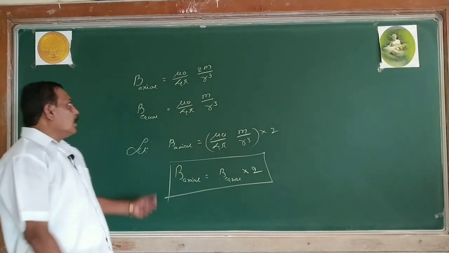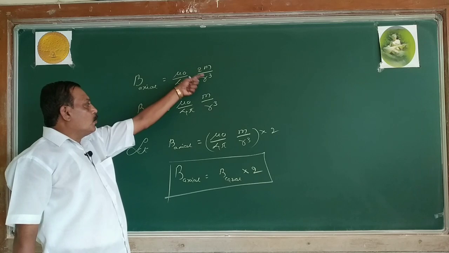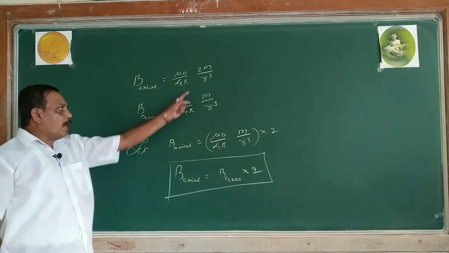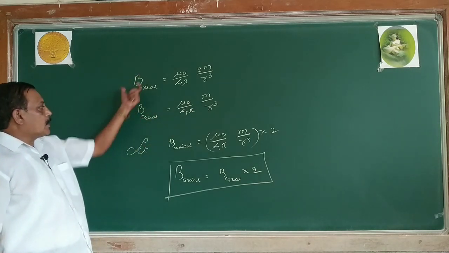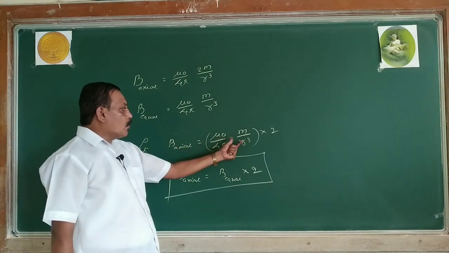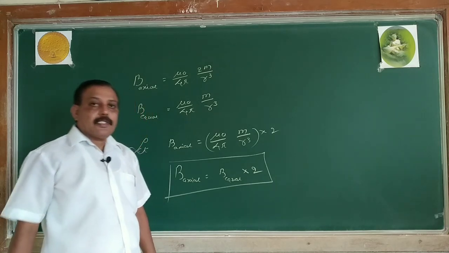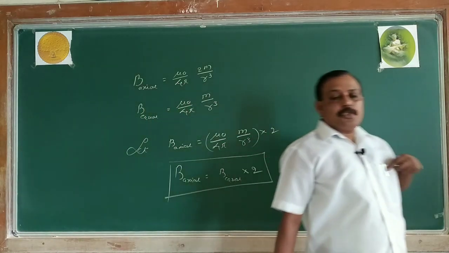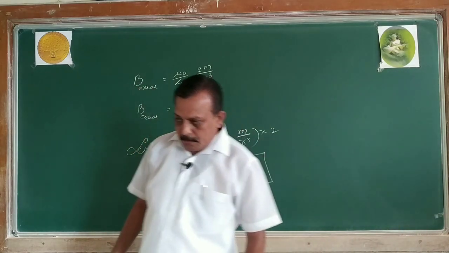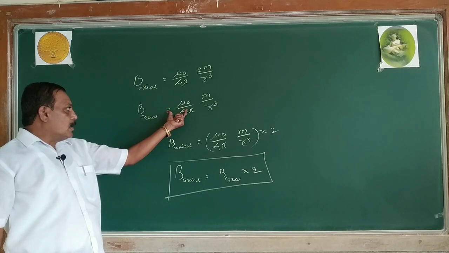Then we go for the bar magnet concept. The magnetic field on the axial line of a bar magnet is mu naught divided by 4 pi, 2m by r cube. We have proved this one. Then on the equatorial line it is found to be mu naught divided by 4 pi, m by r cube. Then for the relation between axial line and equatorial line, 2 is written separate, and this complete factor is nothing but the equatorial line. The magnetic field on the axial line is 2 times the magnetic field on the equatorial line of a bar magnet. Now this is our relation. Yesterday we completed this derivation, and it was obtained for the equatorial line.